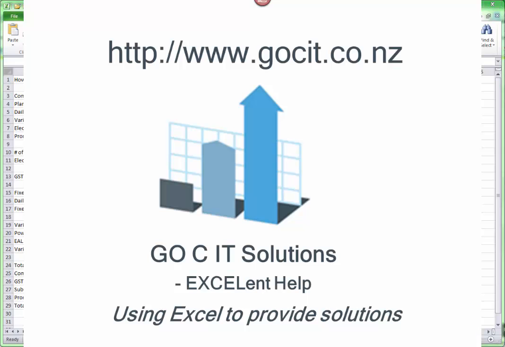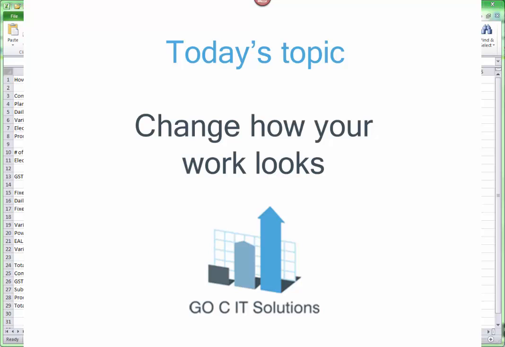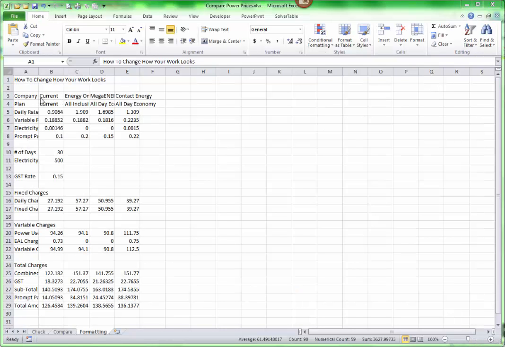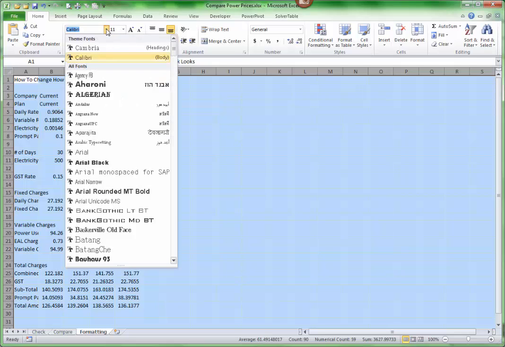This video will show you how to change how your work looks. In other words, how to format it. To select all cells on your worksheet, click on this cell on the top left hand corner. Now if you wanted to change your font, you can use this drop down box here